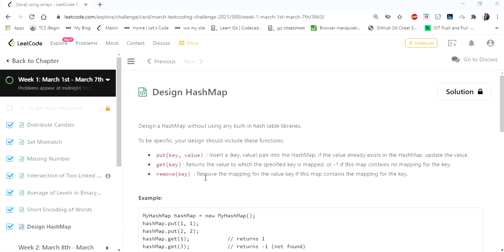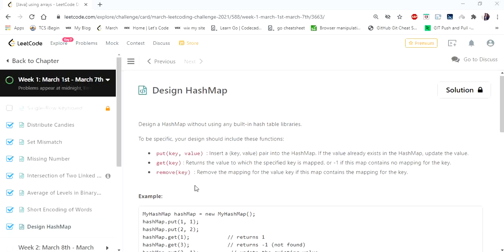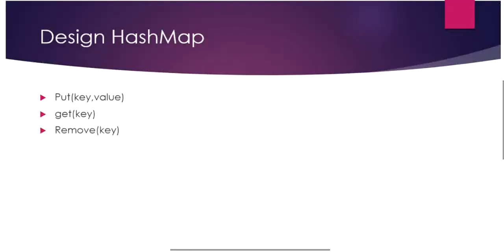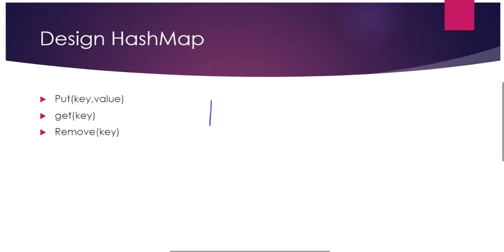So we have to perform three important functions of HashMap, that is put, get and remove, but without using built-in HashMap libraries. So how are we going to do it? So here are the operations we're going to perform in our HashMap. We are going to use arrays to implement our HashMap. So now if we are having an array map